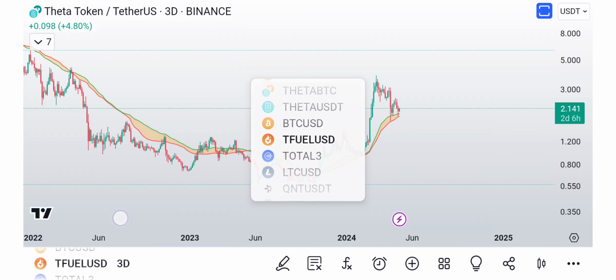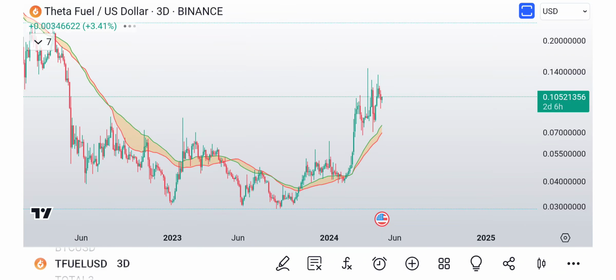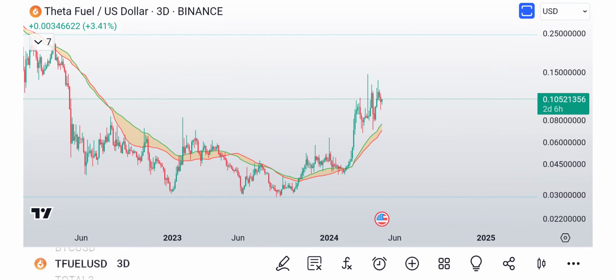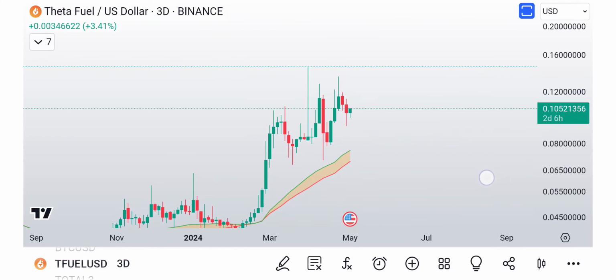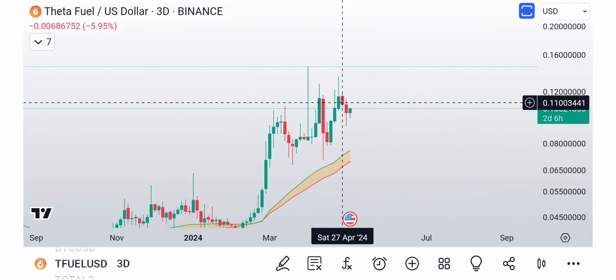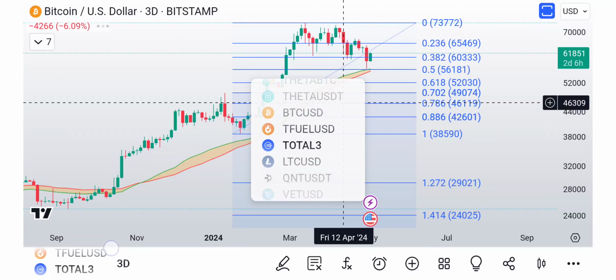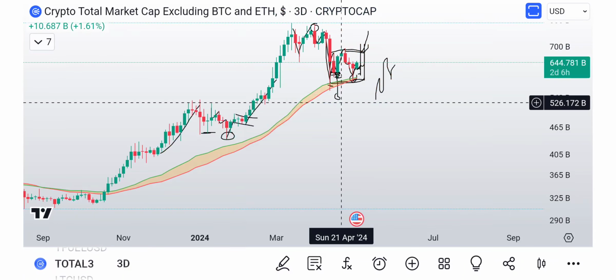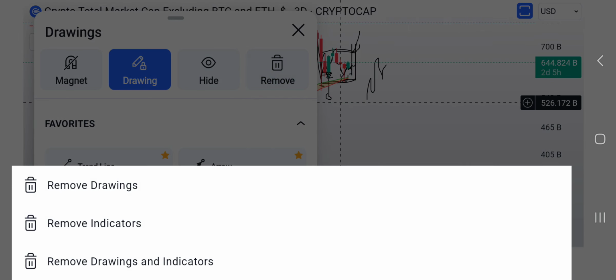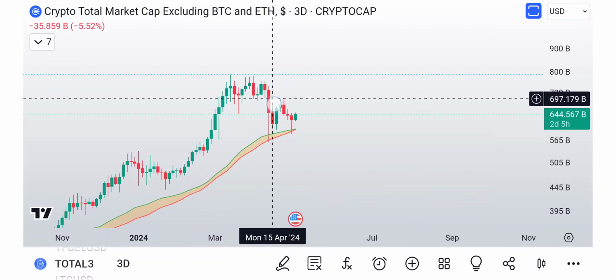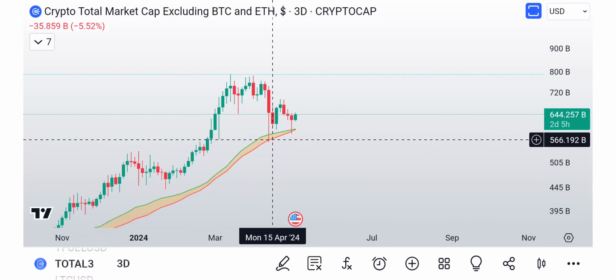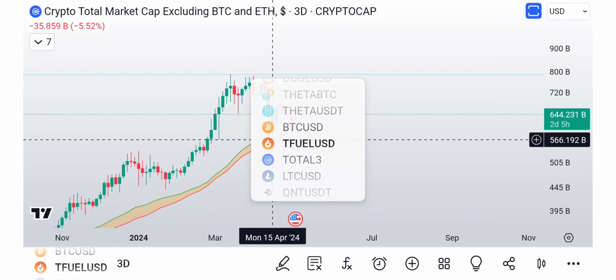Now, you could say, well, what about Theta TFUEL? What would happen to Theta TFUEL? Well, to me, Theta TFUEL is still very bullish. I mean, Bitcoin had a major dump, right? Or first of all, the altcoins. Let me show you right here. The altcoins, just to give you perspective, had a big dump right here, a big liquidation event, right? And then when you look at Bitcoin,